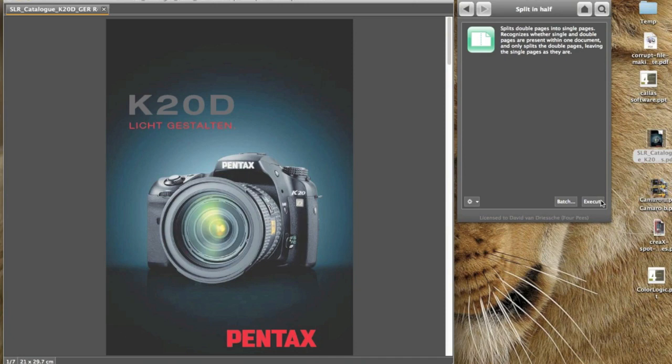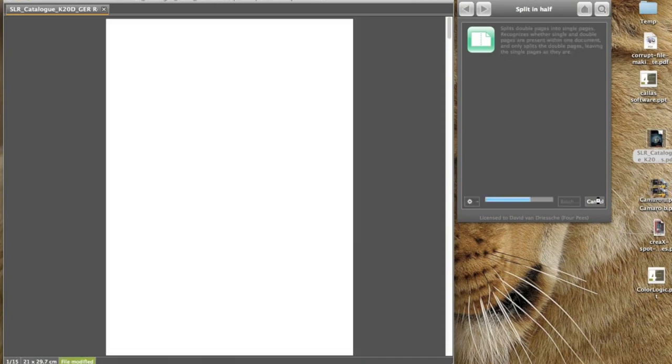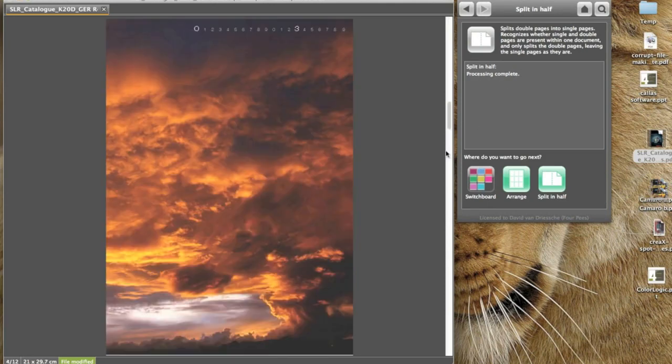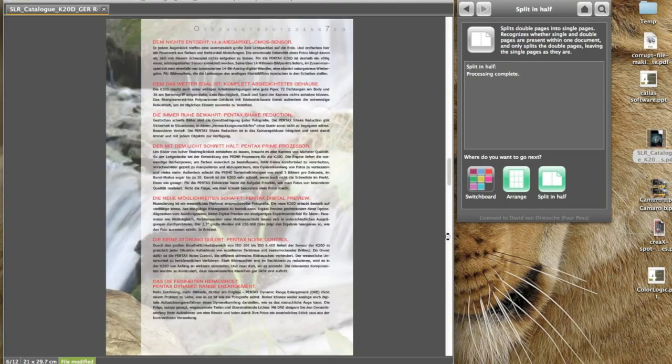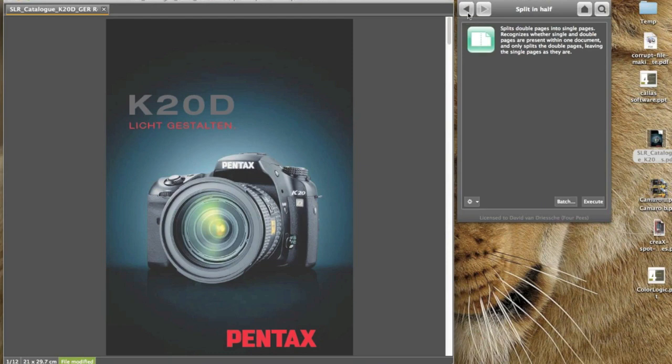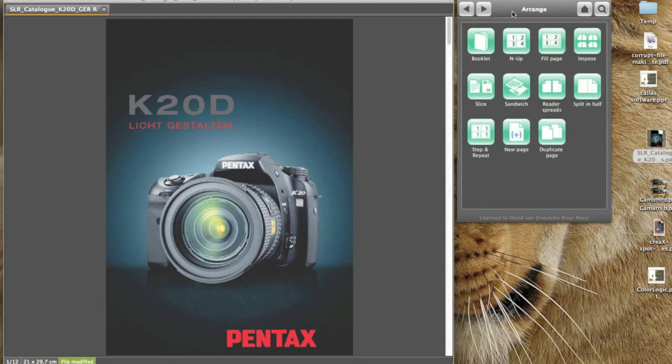But we have a document open here, so let me do execute, and when I run that, it will run through the document. In this case, I asked it to split pages, and if I now run through the document, you'll see that I have single pages. So now I could go back to Arrange, look at the other functionality here, and for example, there is a